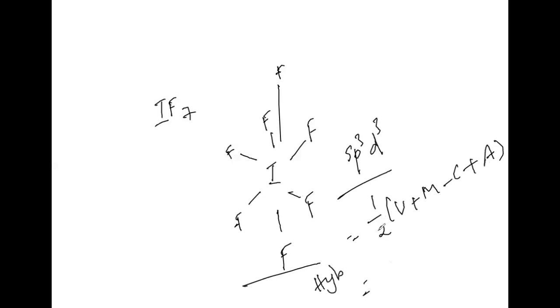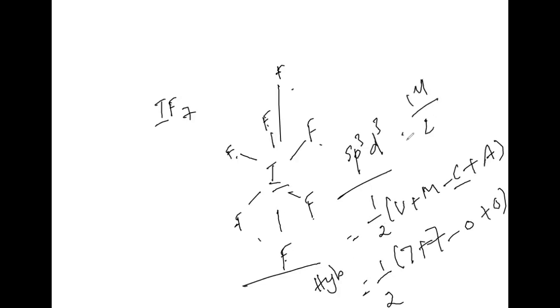Okay, okay. Here 1 by 2. Valence electrons of iodine is how much? 7. How many monovalent atoms? 1, 2, 3, 4, 5, 6, 7. Is any cation there? Charge of cation is 0. Then charge of anion is also 0. 14 by 2, how much? 7. 7 orbitals, that is 1s, 3p and 3d. Totally we can see 7 orbitals.